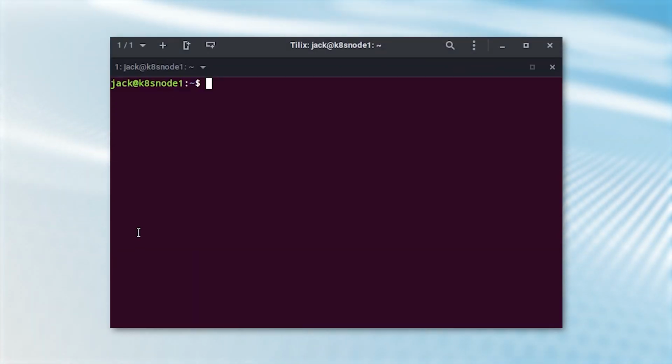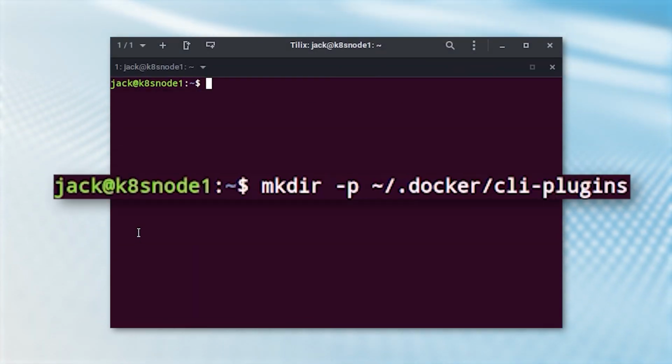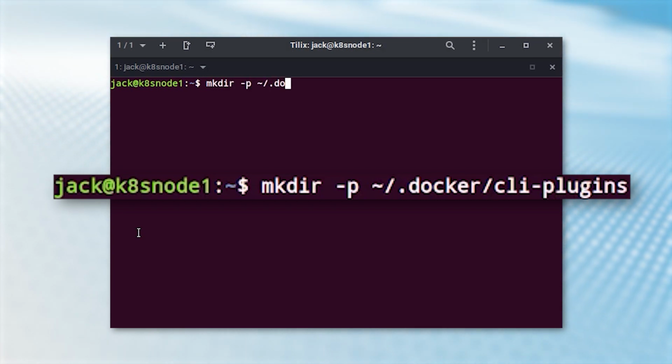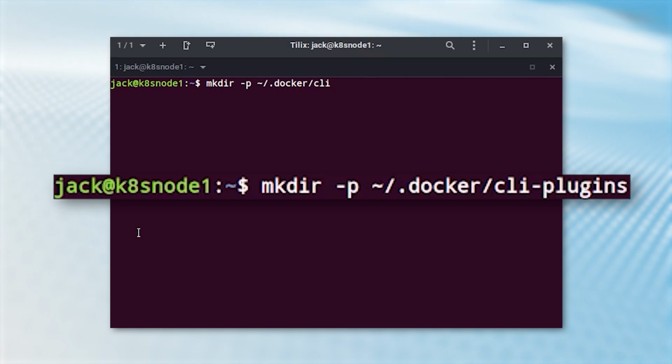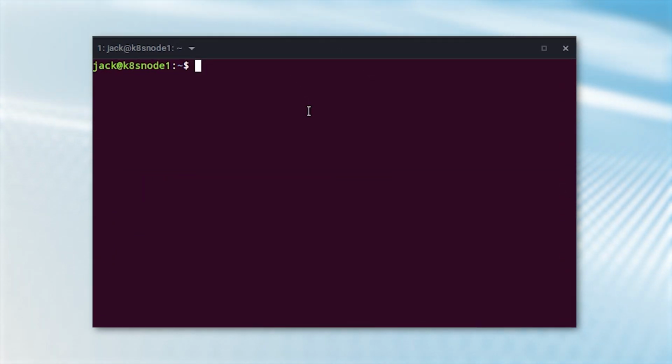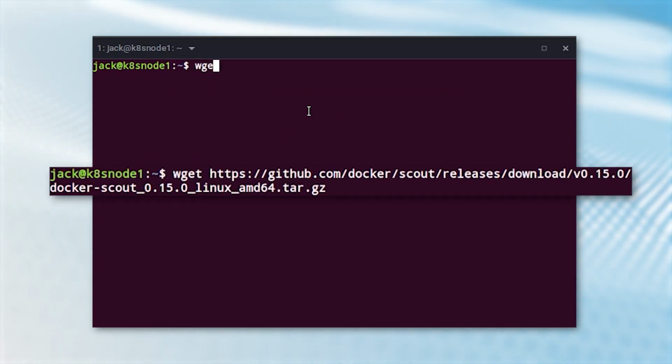Fortunately, we can add it without too much trouble. Here's how. I'm going to assume you already have the Docker runtime engine installed. With that out of the way, create the necessary directory with the command mkdir -p ~/.docker/cli-plugins. Once you've created the directory, download the necessary file with the command wget